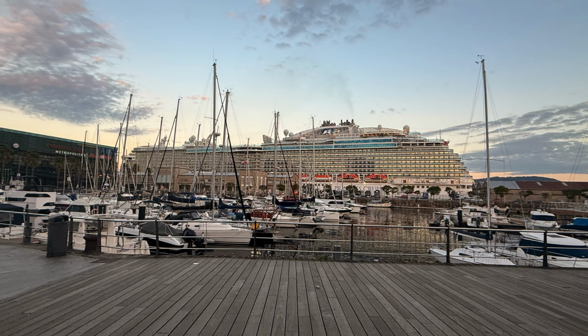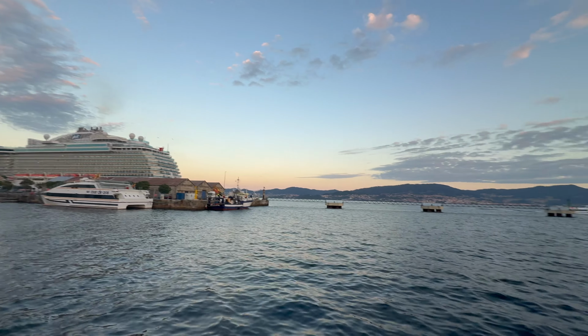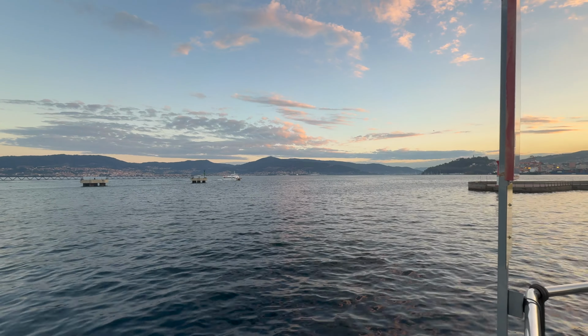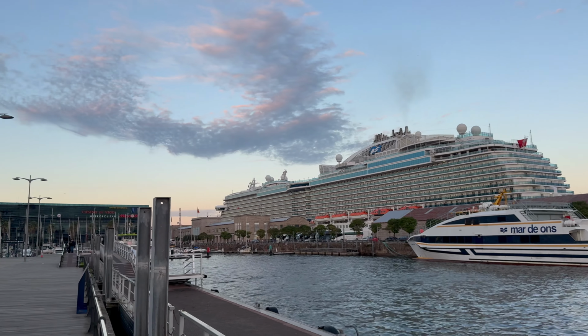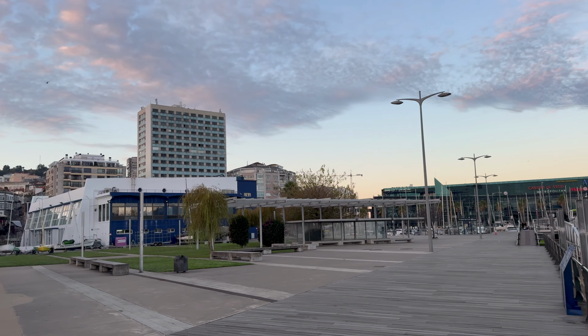For a more leisurely day, you can just walk the harbor. That is flat and easy and has beautiful views out to the islands beyond, and will take you across to a number of public art pieces and lots of benches. So there is a way to get off the ship in Vigo and just enjoy a very quiet, very easy,